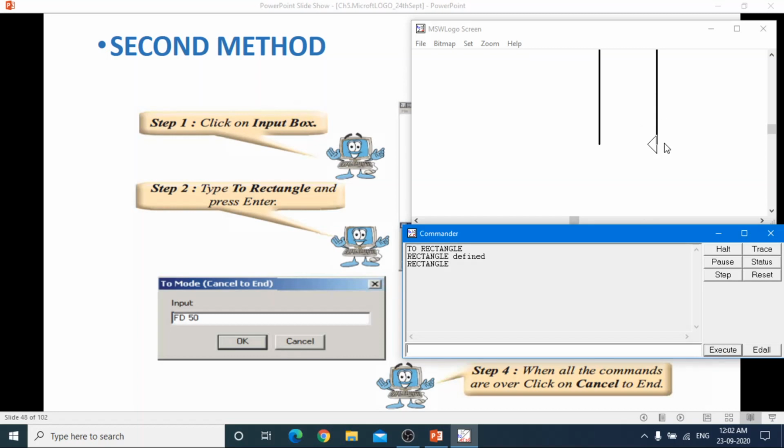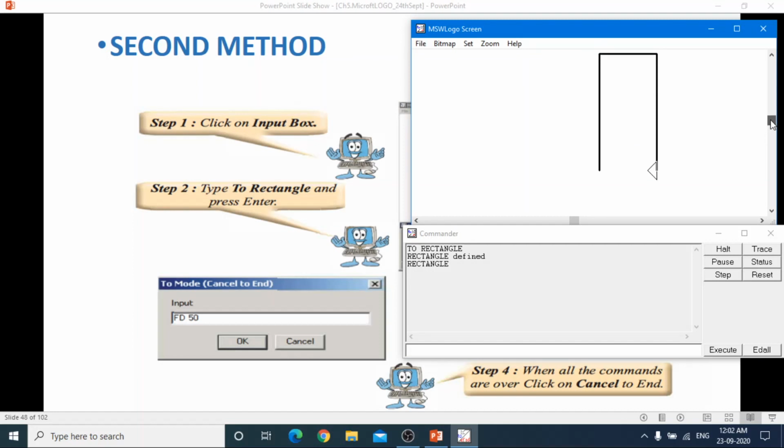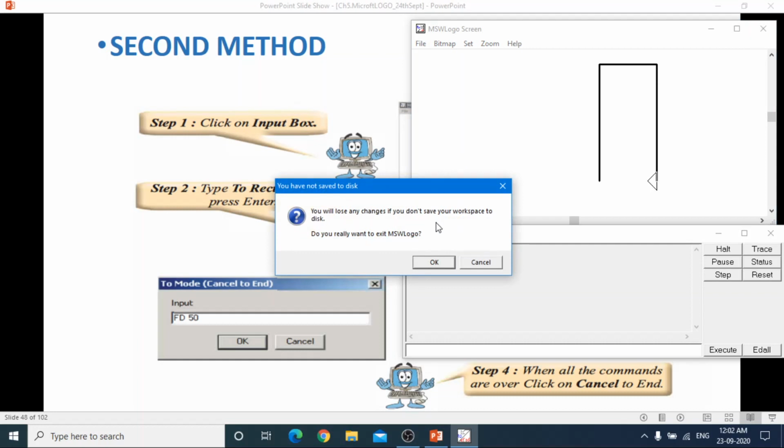Okay, the last command we have missed. So why is the rectangle not completed? Because we have missed the last command. Got it? Now I am going to close it, and again I will open, and then I can define